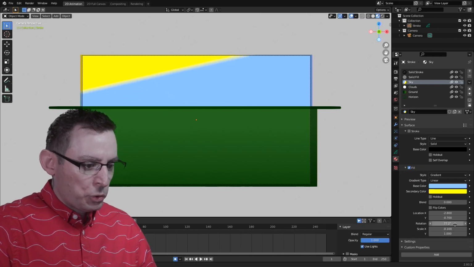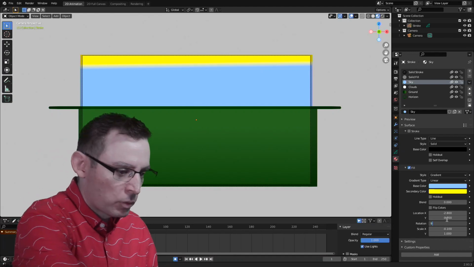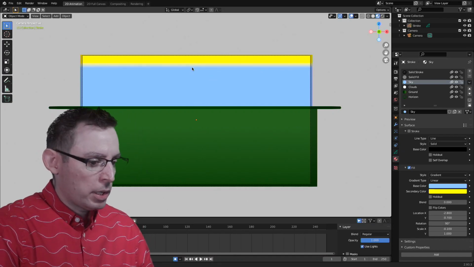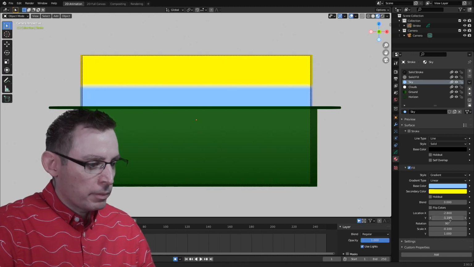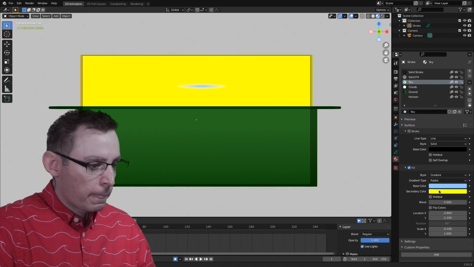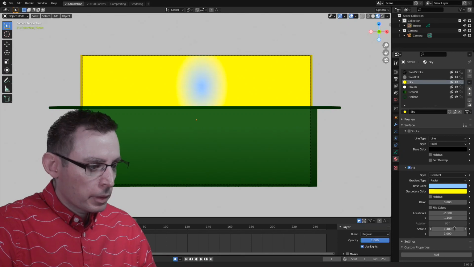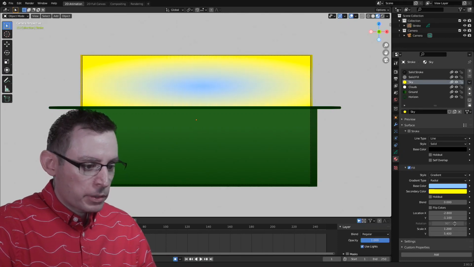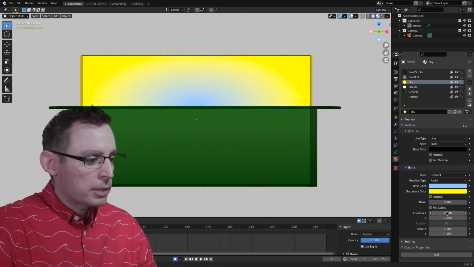What this is ultimately allowing me to do is figure out generally where the center point of the gradient is. Because the center of that transition line between the colors is the center of the gradient. And I think this is really going to help me with my radial gradient. At the very least, it'll get me in the ballpark. Yeah, now I can see it. A little blue in there. Scale it that way, scale it this way, make it a little bit more, something like that. I'll move it down a little bit on the Y, just so it looks like maybe, eventually, hopefully, the sun's coming up.